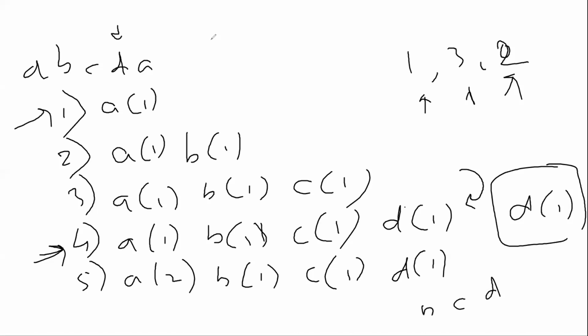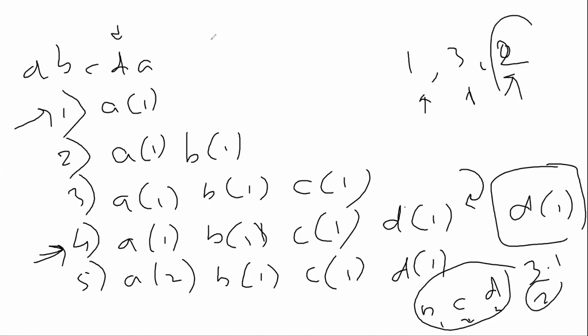In that case, I will find how many of them are odd. In this case, all 3 are odd, so I will have an odd count of 3. Because the size of the string is odd, I will subtract 1 from it. Earlier I had an odd count of 3, I'll subtract 1 and get 2. And this 2 is greater than or equal to this 2, right? Yeah, so then that makes a palindrome. That is what I got when I went through one of the discussion forums. It might be a very lengthy way of doing it, and there might be a much more optimized way, but this is what I could understand.